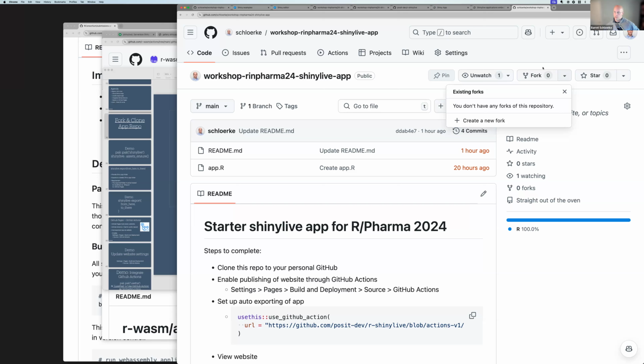Do you mind sharing your page, Eric, to show that clone button? You're muted as well. Yep, I will go ahead and do that. Oh, actually, I can do it in incognito. Good catch. But I'm not logged in to be able to do it.